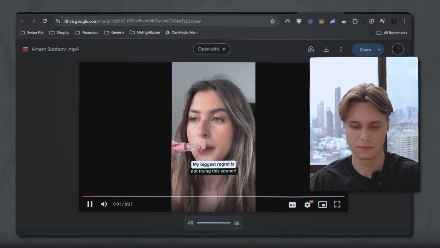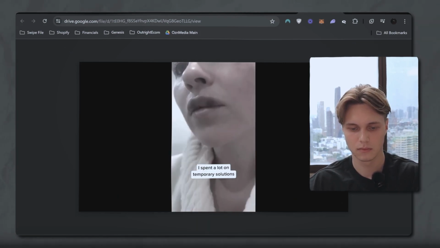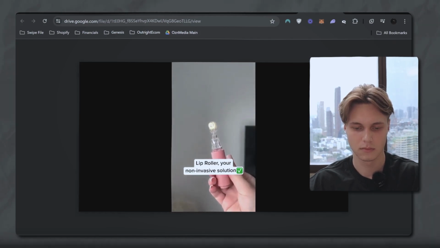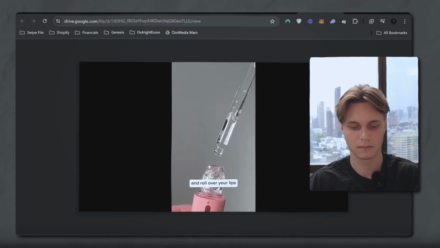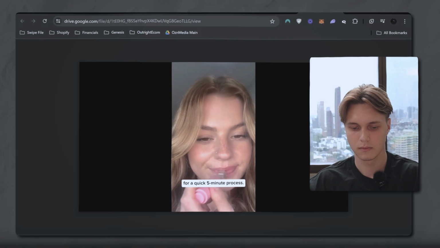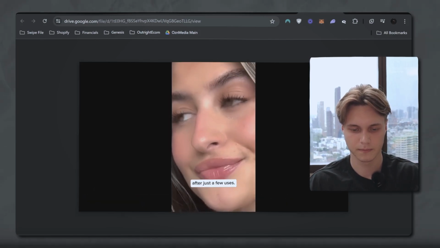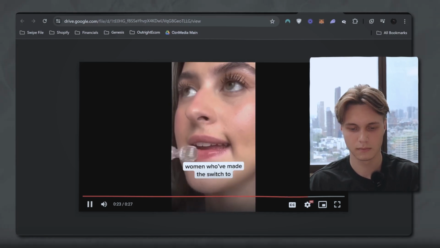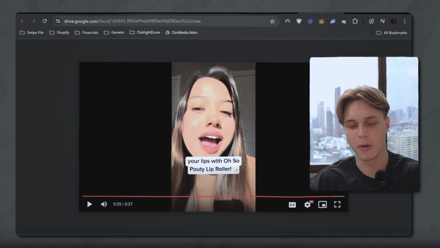My biggest regret is not trying this sooner. I struggled with thin lips and painful injections. I spent a lot on temporary solutions that never worked. Introducing the Oh So Pouty Lip Roller, your non-invasive solution for fuller lips. Just sanitize, fill with serum, and roll over your lips for a quick 5-minute process. Achieve long-lasting, fuller lips with visible results after just a few uses. Join over 10,000 satisfied women who've made the switch to Oh So Pouty. Click shop now to transform your lips with